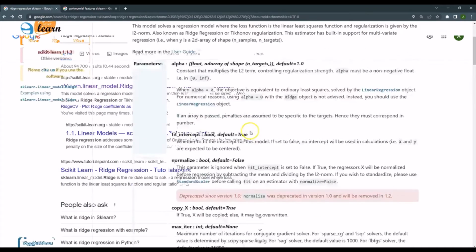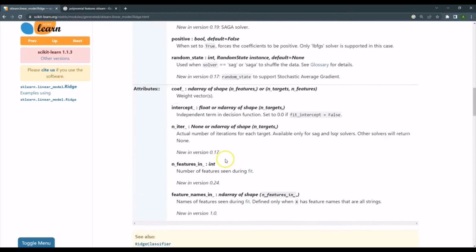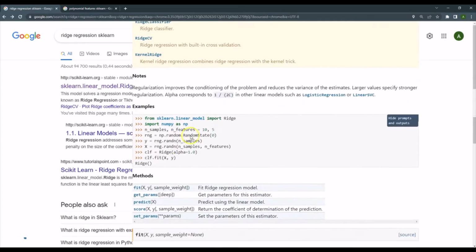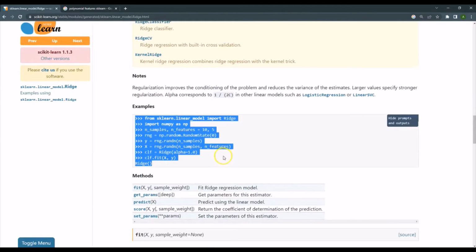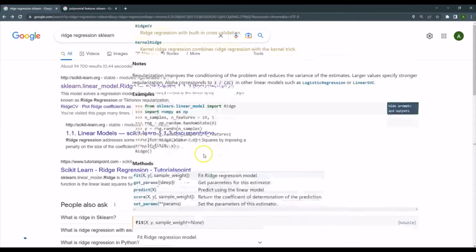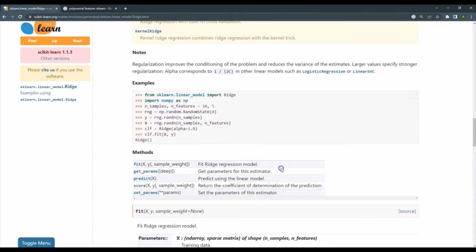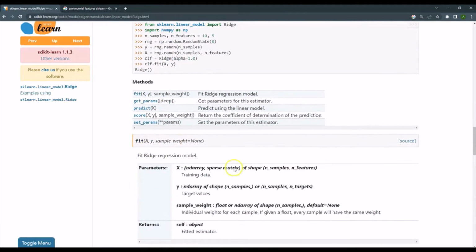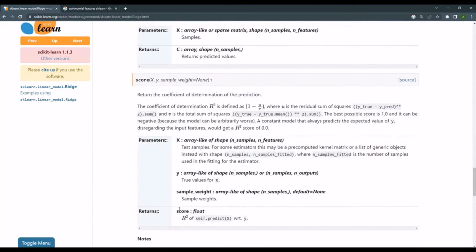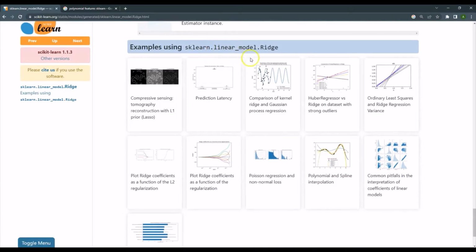More details about the function parameters are available here. And if you continue down, we can also check out the attributes of the function. And continuing even further down, we have an example where the function is used, and this example is often very helpful in order to understand how to use the function. Then we have the function methods listed here. And if you would like to read more about the function methods, then they are available here. Finally, going to the bottom of the page, we have some complete examples using Scikit-Learn linear model ridge in this